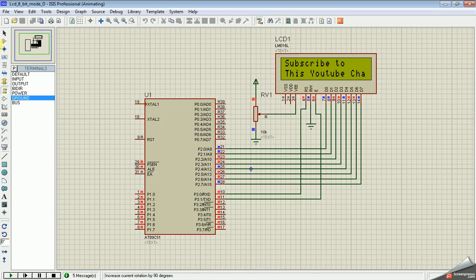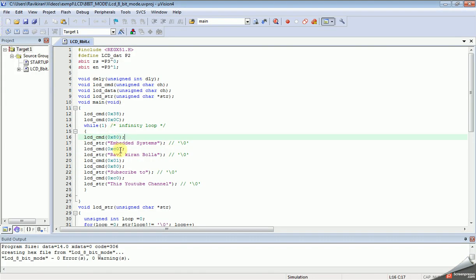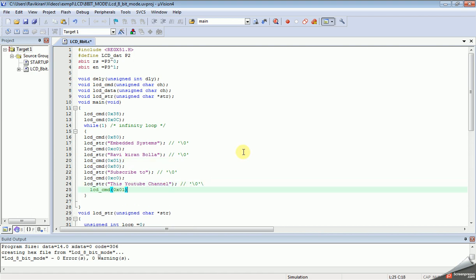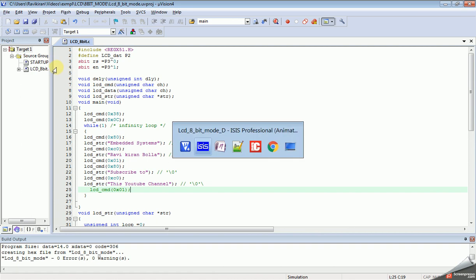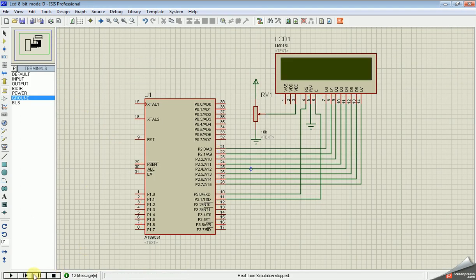You can also clear the LCD afterwards. After writing the second text also, we have to clear the LCD. Just stop it, flash the software, play it. Now it will be clear.